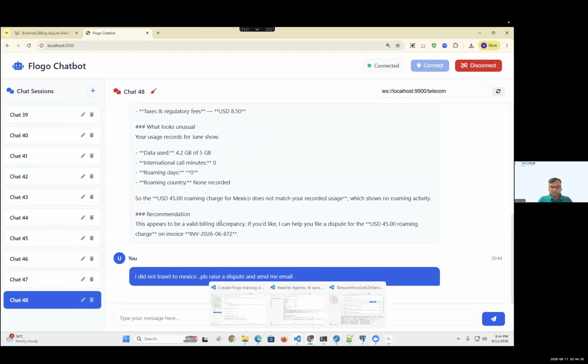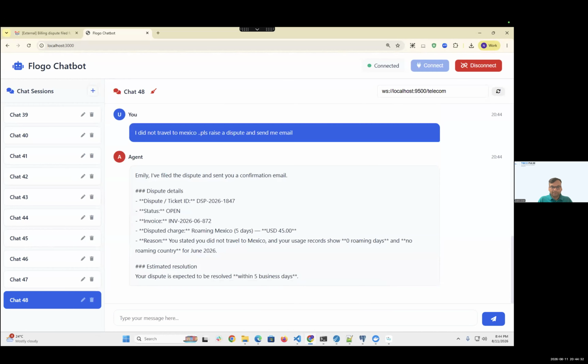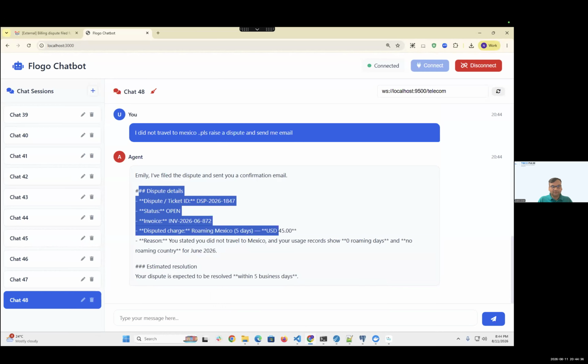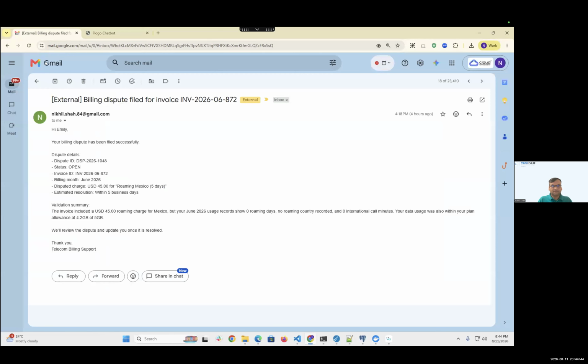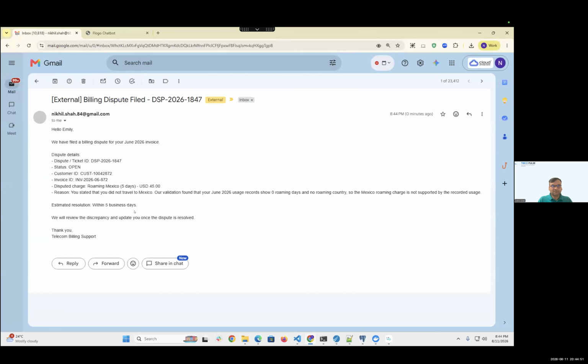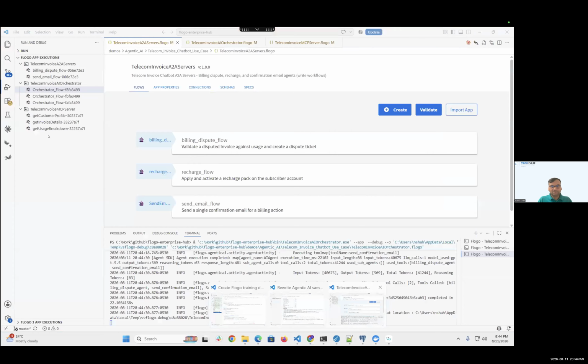So let me show you. Yeah, so if you see here, it created this dispute ticket with all the details, and then it also sent me an email, right? So I got the email that your billing dispute has been created. This is the latest email, right? Yeah, so this is the dispute details and estimated resolution, right? And if we look at how this has been implemented,